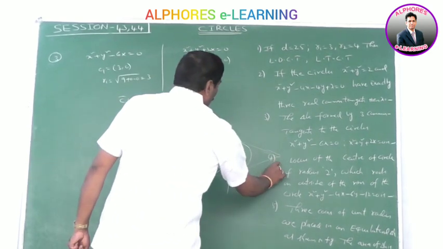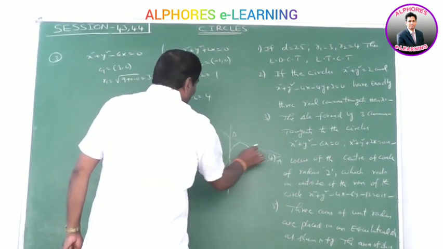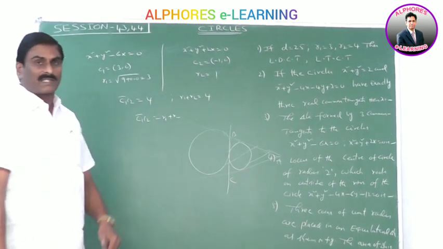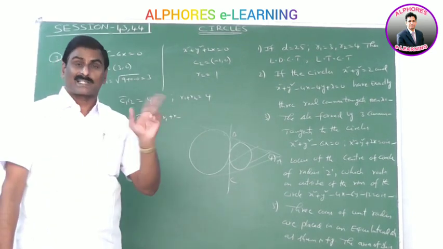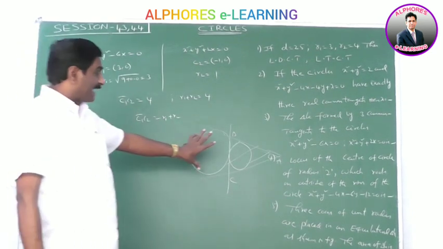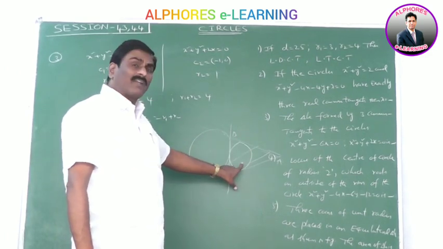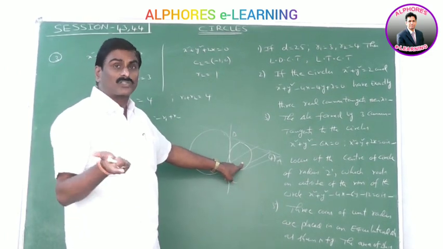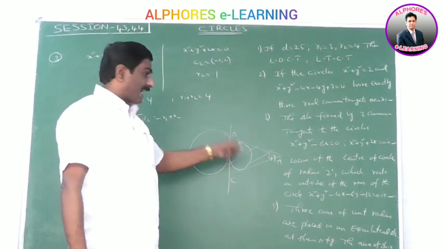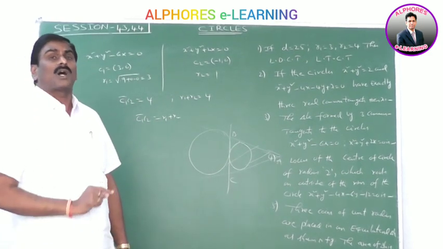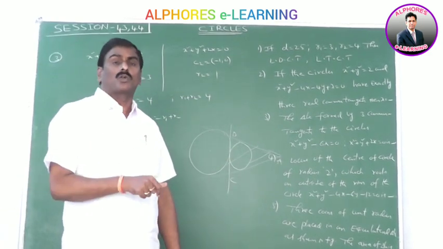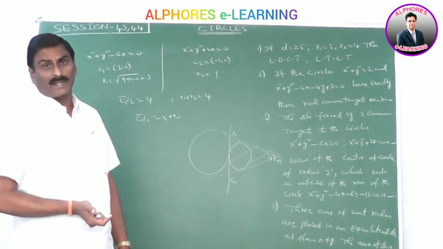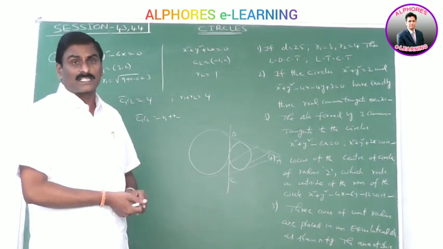Okay. Here, the triangle formed by these tangents is triangle ABC. This triangle must be isosceles. Already in the previous case, we discussed these conditions. This triangle is always isosceles. It is equilateral when R1 is to R2 is equal to 3 is to 1 or 1 is to 3. It is right angled isosceles when R1 is to R2 is equal to root 2 minus 1 is to root 2 plus 1, or root 2 plus 1 is to root 2 minus 1. In all the remaining cases, it is isosceles.